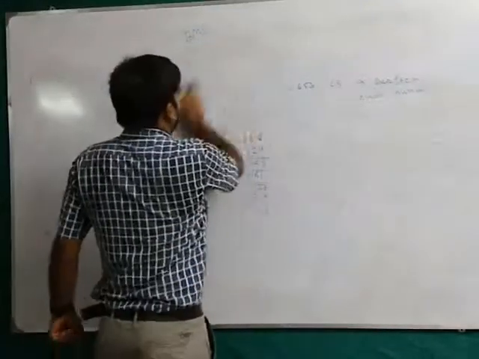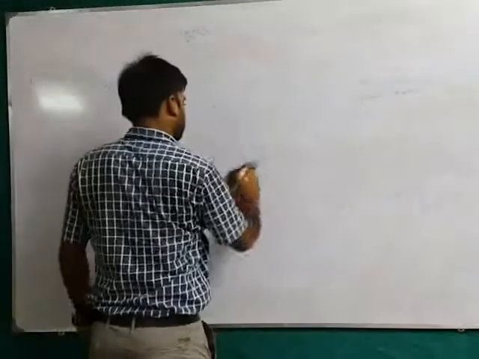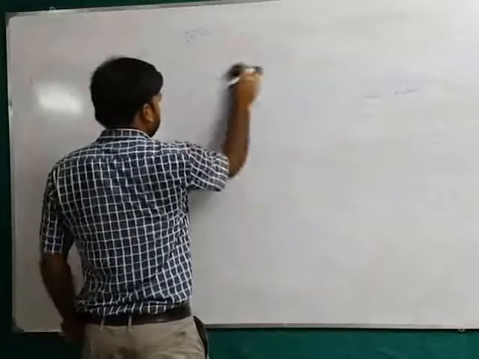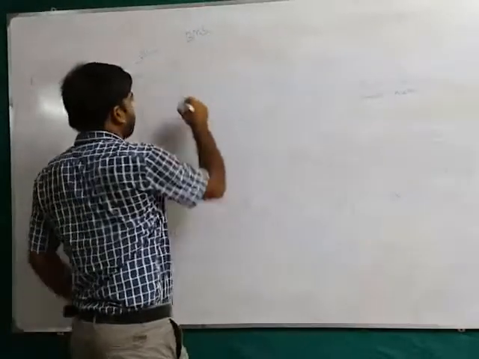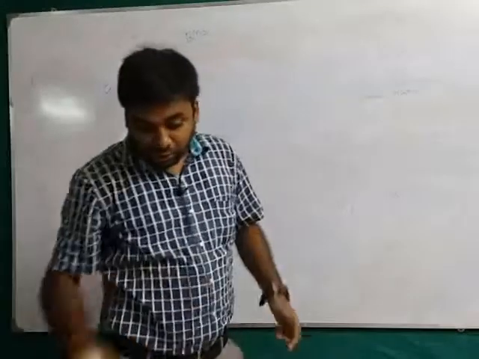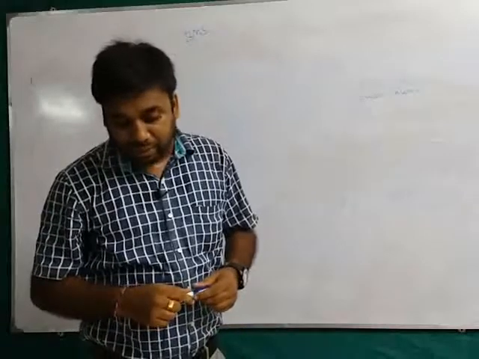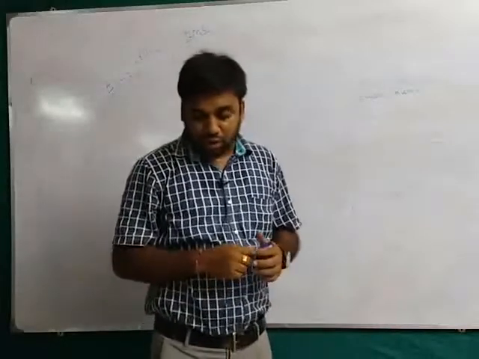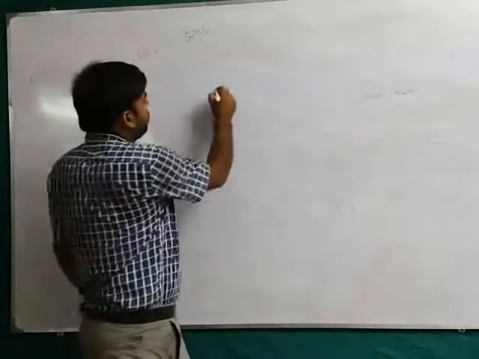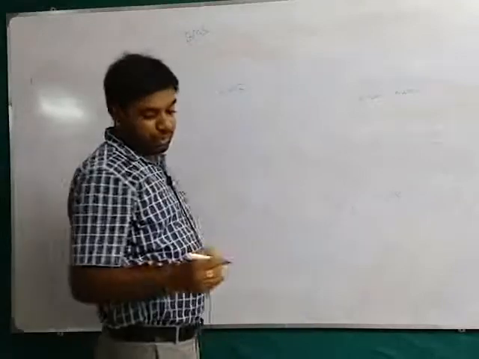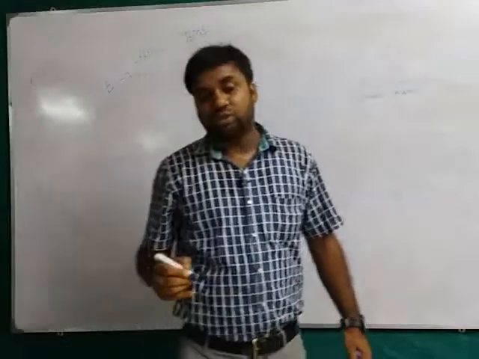Now next sum, question number 2. Find the smallest number by which each of the following numbers must be multiplied to obtain a perfect cube number. First part, 243. It is clear that 243 is not a perfect cube number. To convert it into a perfect cube number, we need to multiply it by a number.